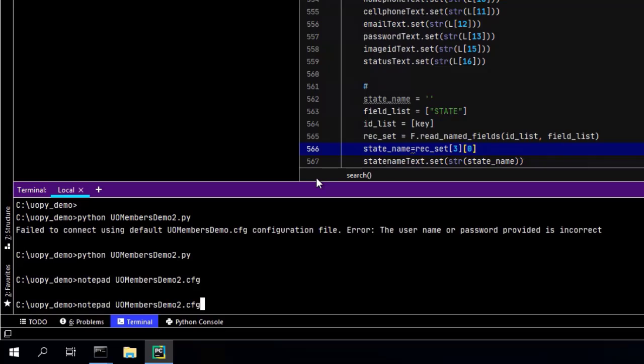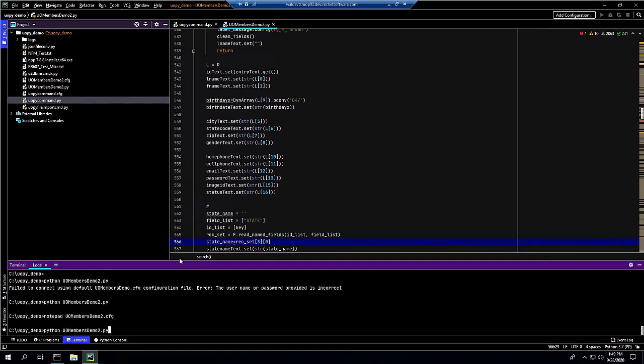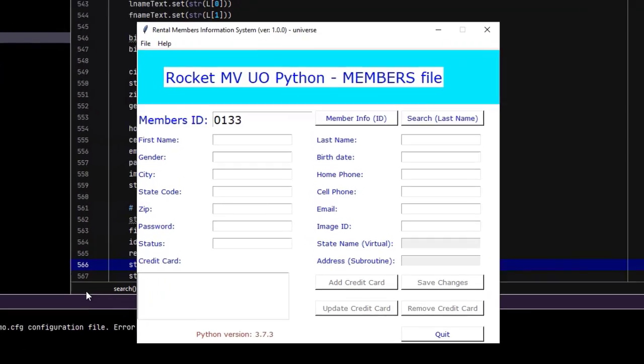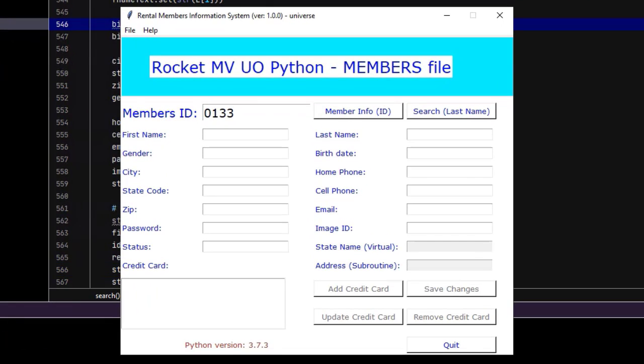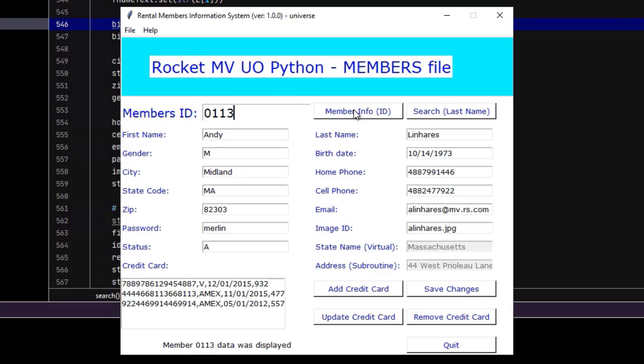So let's go back in and continue looking at our members demo. So here we are in our members demo. We can actually pick a member out of here, type in their number, say 0113, hit our member info button and pull up that member. We can actually change any of this information we want, save the changes,